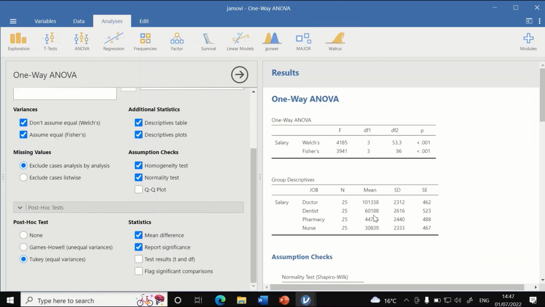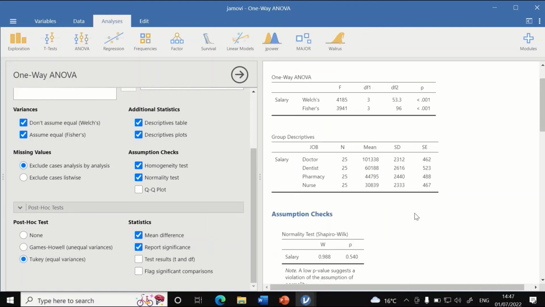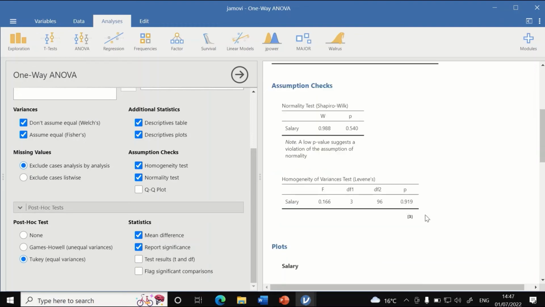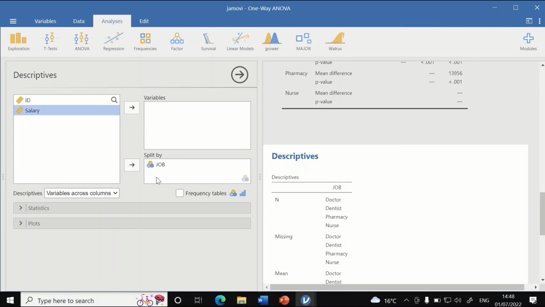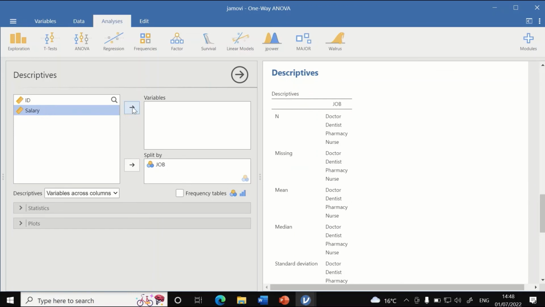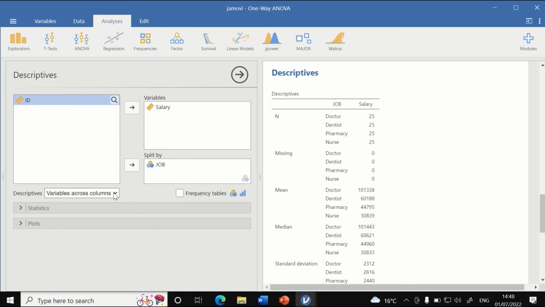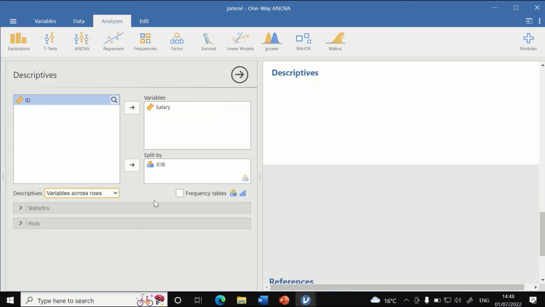So this is an easy way to do one-way ANOVA and generate a table in Jamovi. We could also produce more plots. If we click on Exploration, click on Descriptives, then in this new window I'm going to move the job into the split by and the salary into the variables, and I'm going to generate the descriptive table with variables across rows,